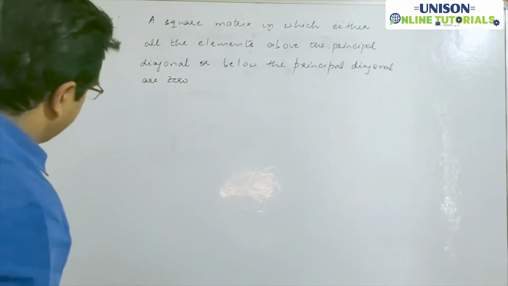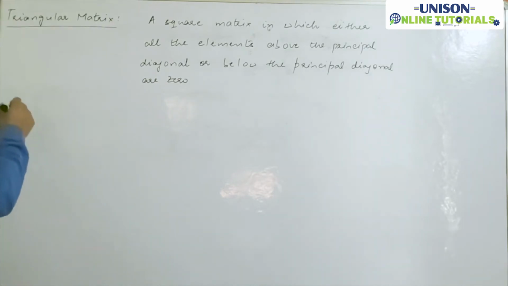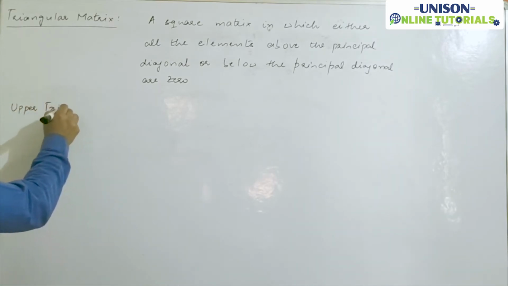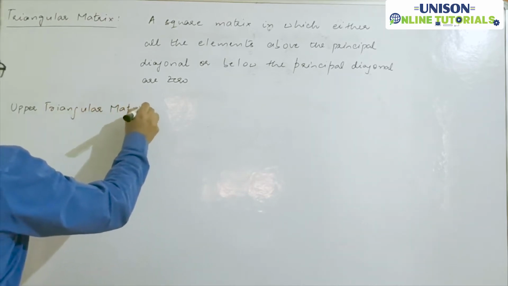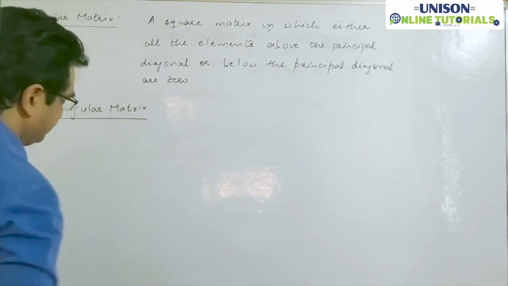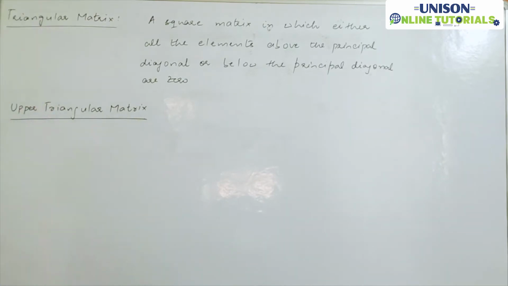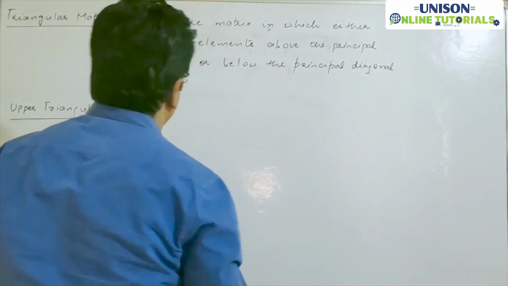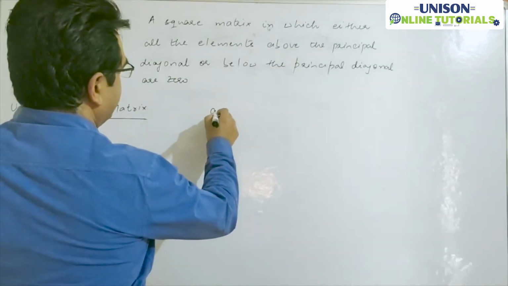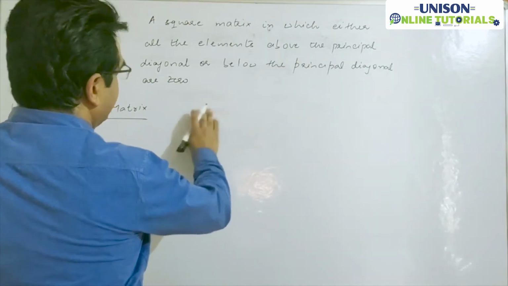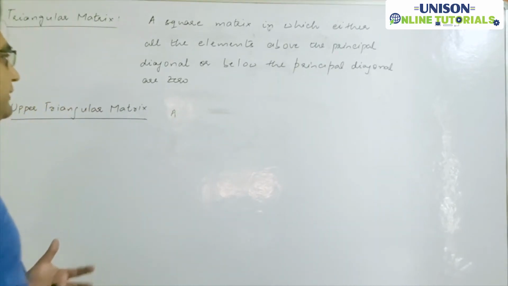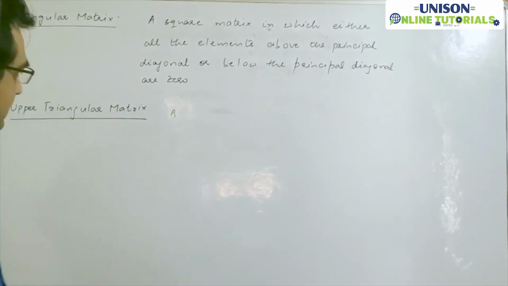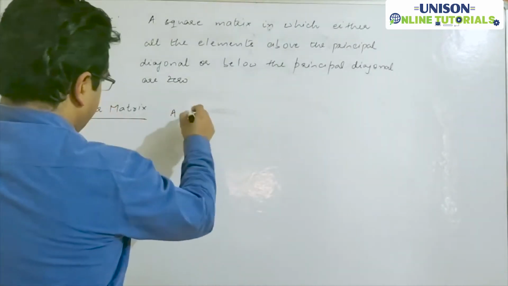Triangular matrix की दो categories है. One is upper triangular matrix. हम इसको ऐसा लिखेंगे अपर ट्रायंगुलर मैट्रिक्स को Aij, it is a square matrix or a triangular matrix. Upper triangular matrix, it is a triangular matrix or a square matrix